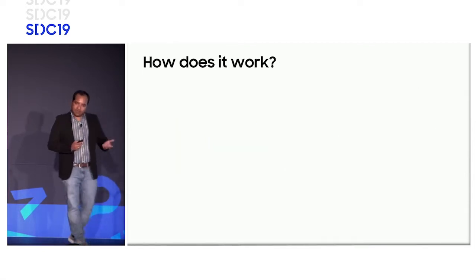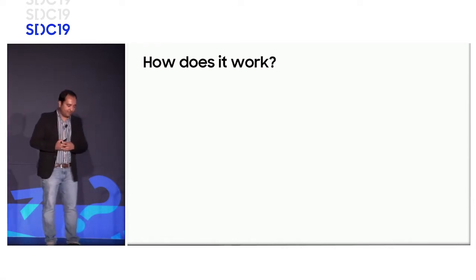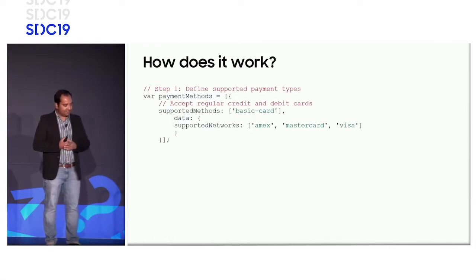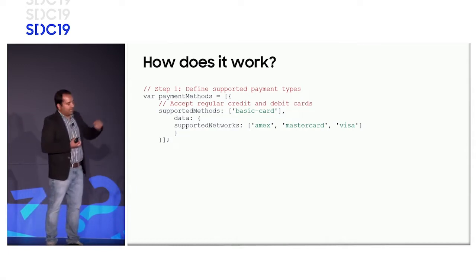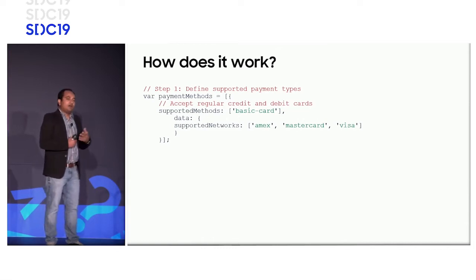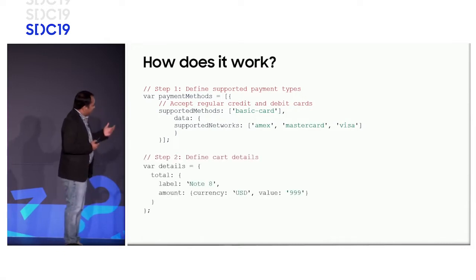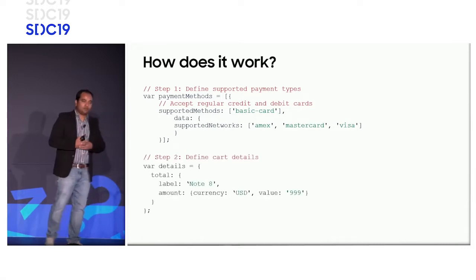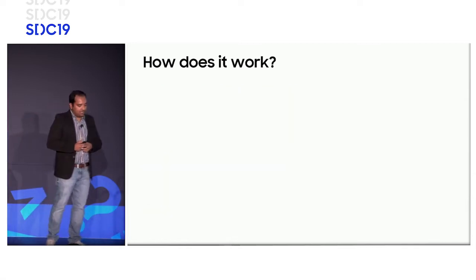So let's quickly look at how it works, and I'll let you go back and do more research and figure out how to use it on your web service. First, it's very simple. You define a payment method. A payment method could be the basic credit cards that you already accept on your service, or it could be a native payment app on your phone. Then you define the cart, what the user is trying to buy, and some details about it. Step 3,